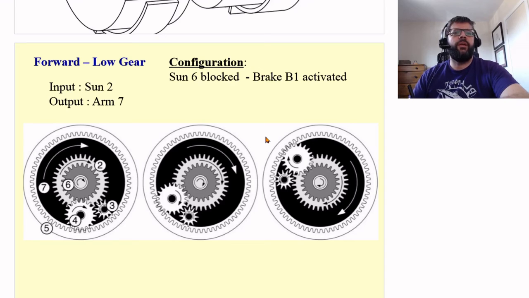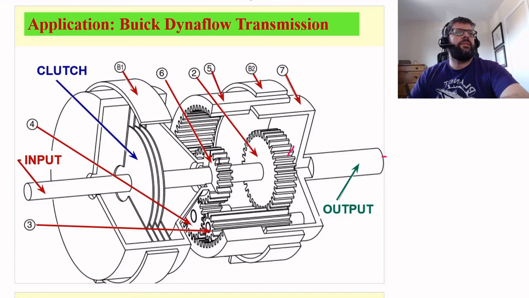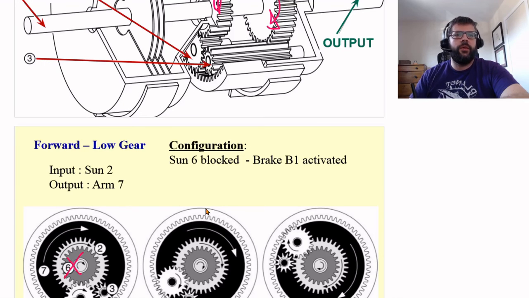So the input again is always going to be the Sun 2, or at least always going to be at least the Sun 2. It could also be the Sun 6. And then again, the output is our arm 5 that's connected to our 2 planets. So if we block off the rotation here, then this thing can't rotate at all. And we are still getting rotation of our Sun here too. So again, 6 not rotating,